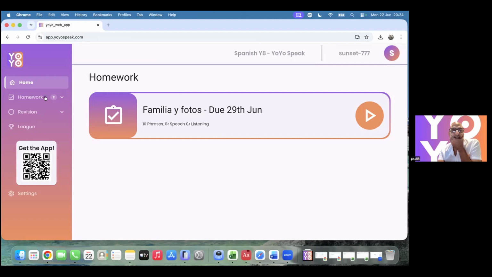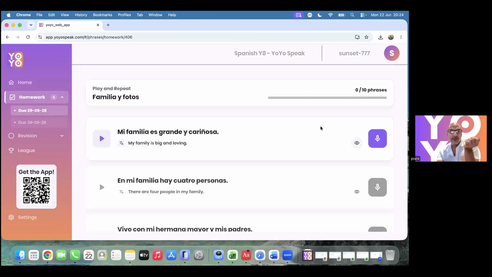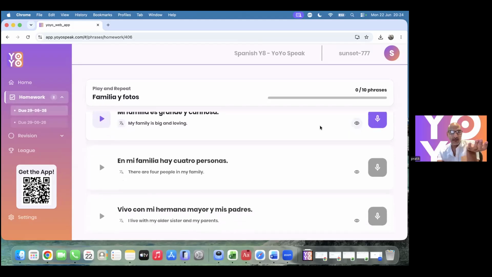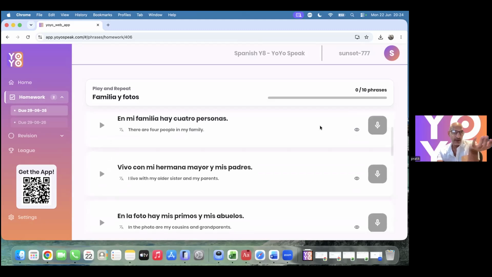Yeah, so just to show you, we're still in Claire's login, which is the sunset. We've got these two pieces of homework. The second one I just uploaded from the PDF was about families and photos. If I go into there, I can see the phrases it's created. They're all directly from the PDF.